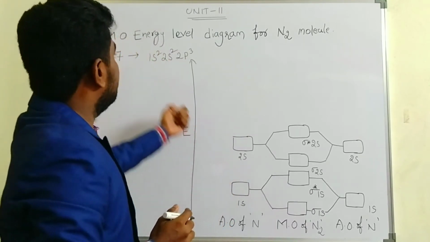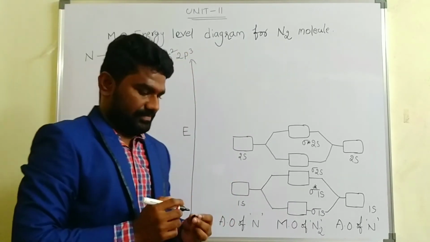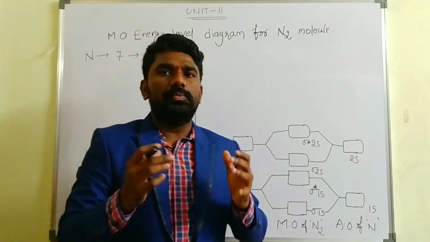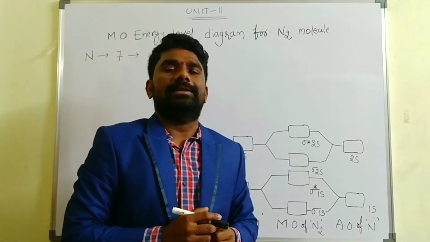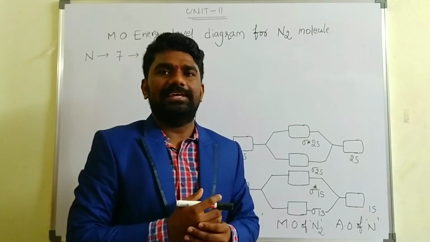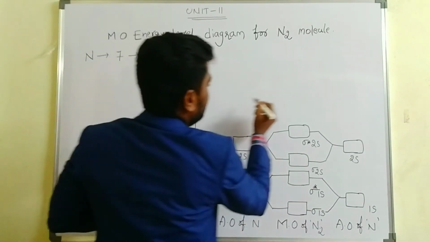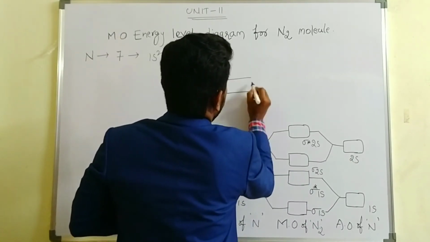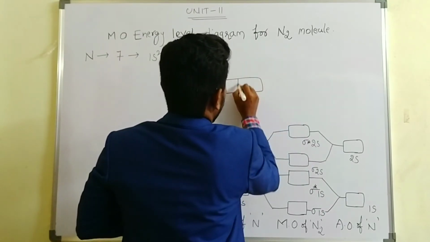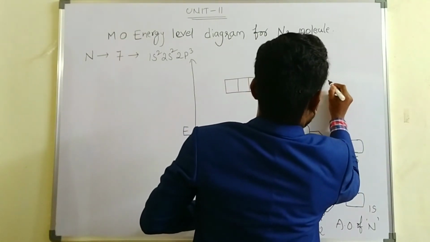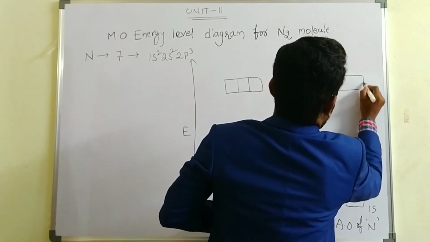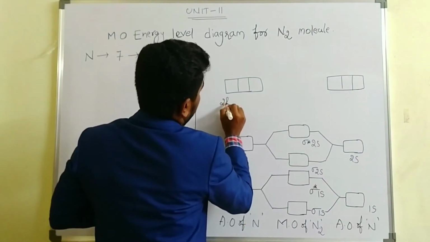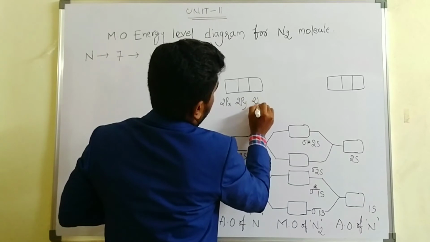And then after completing the 2s orbital, here we have the 2p orbital. Finally, the highest energy atomic orbital is the 2p orbital. The 2p orbital has three orbitals in it, isn't it? So for the 2p, here we have the 3 orbitals. So we need to take 3 p orbitals. Those are, you already know, 2px, 2py, 2pz.